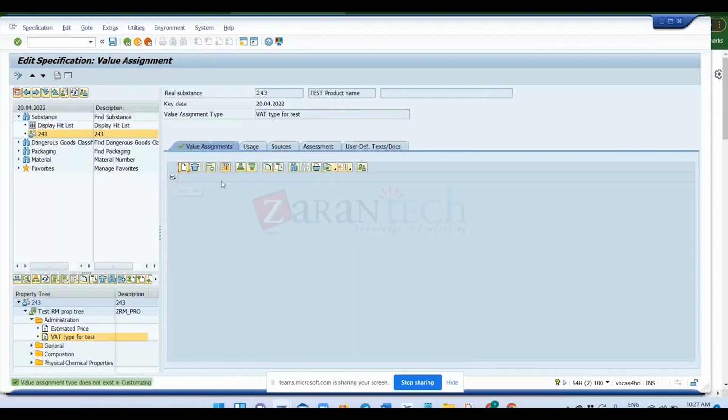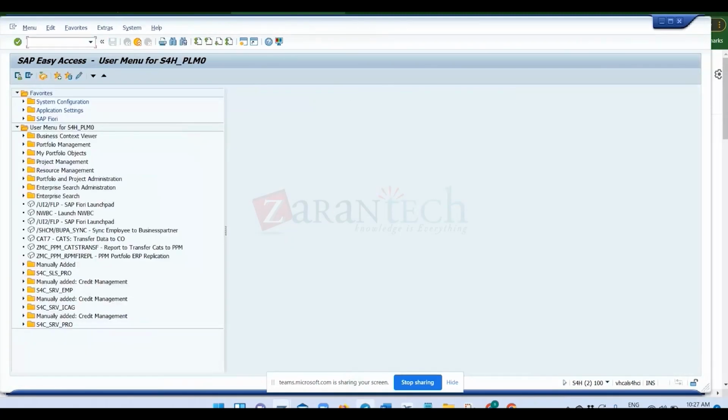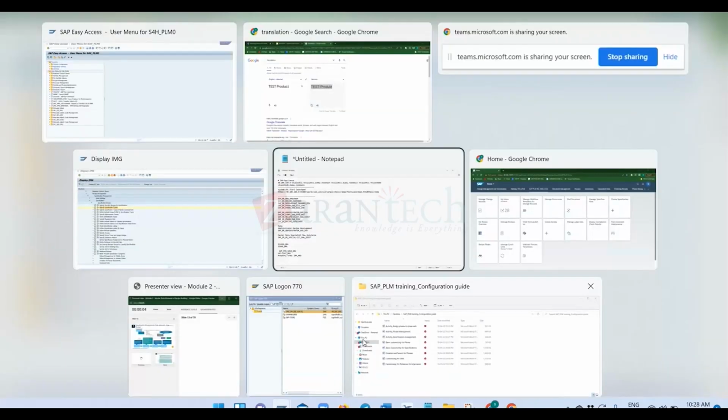Okay, and you can see that once we have maintained the identifier, we can go to the property tree and VAT. Okay, so this VAT, whatever we have added here, the class, whatever characteristic is there, that field is not appearing here. What is the reason? The reason is we have to perform other activities also, due to which that characteristic will appear here. So let's see that. Okay, so what we will do, let us go to,